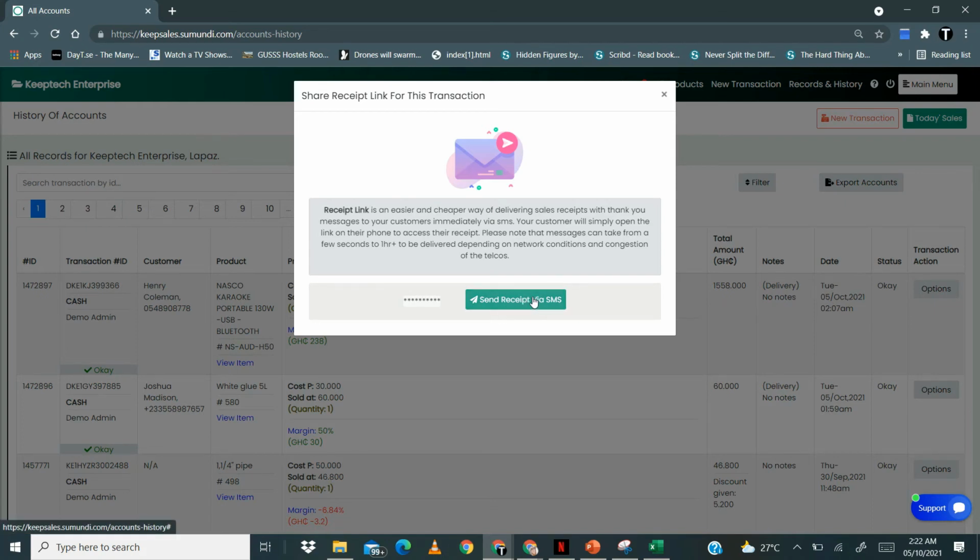So you have to learn more about our bulk SMS feature and how to create and activate your bulk SMS feature and everything, in order to be able to manually send